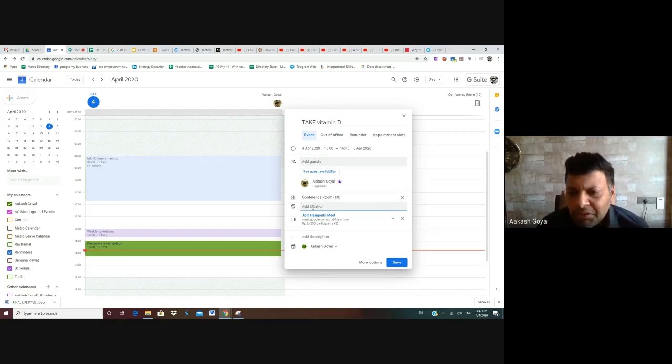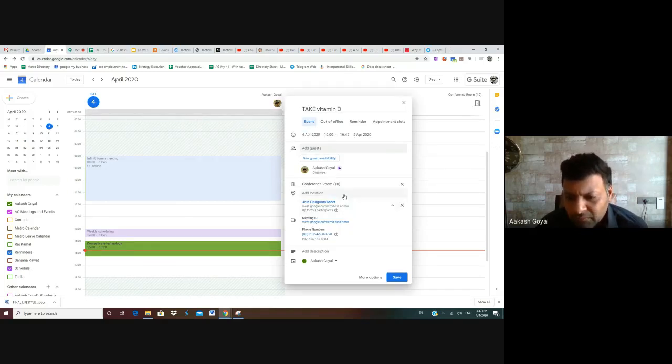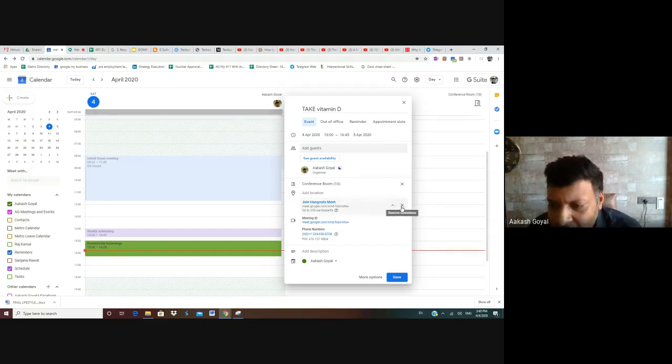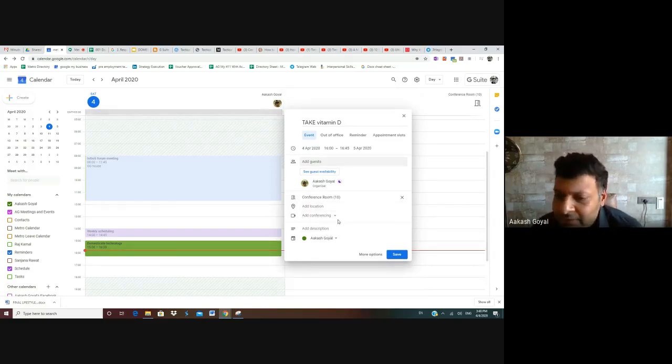You can add a location of the meeting here, and then this says Google Hangouts Meet. We are having this meeting on Google Hangouts Meet, and we send the link of the meeting through the Google Calendar. If I don't want to add conferencing, it says no conferencing, and it gives me the option of adding a conferencing.